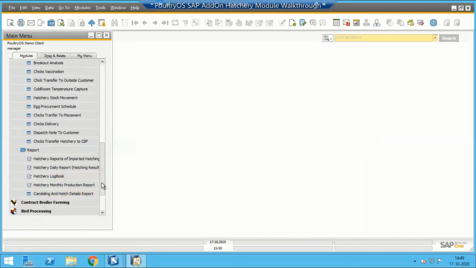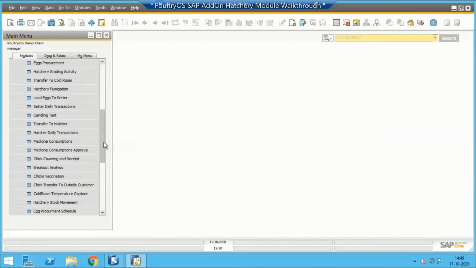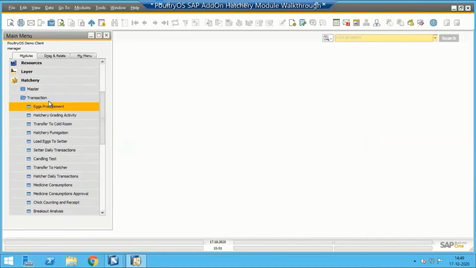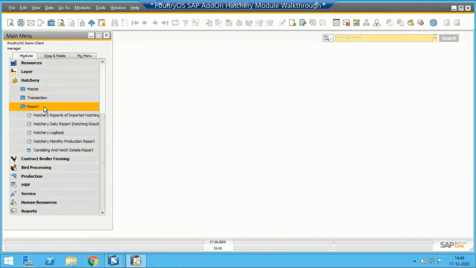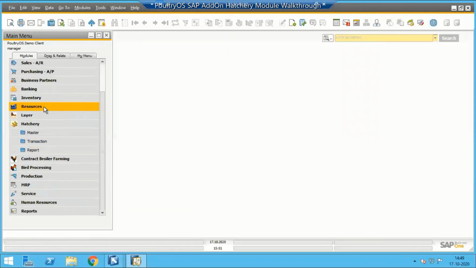So the hatchery module basically starts with collecting or getting eggs in the hatchery. These eggs can come from breeder, grandparent, or outside eggs. All these cases are possible. We can also use the hatchery module for providing hatchery as a service for other companies.